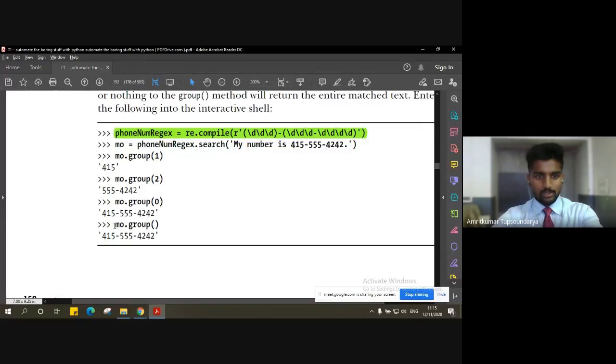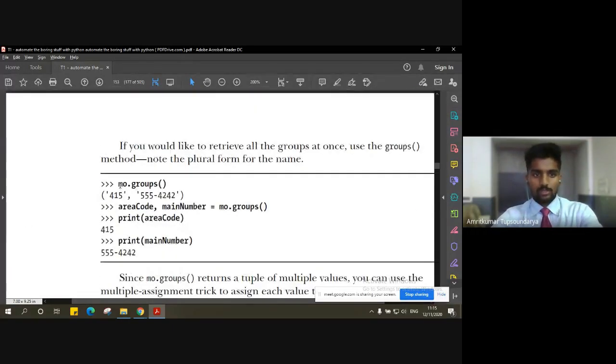So as you can see here, the instruction here, that is mo.group, will give you the complete regular expression, right? So this complete phone number is printed. But in case you want to view all the groups, which is in this case only two groups, for example, let's say we have three or four groups, and you want to view those groups separately, then instead of mo.group, you can say mo.groups, right? So yeah, like here, mo.groups. So it will in turn result in the separate groups that we have. Since we have only two groups here, you can see there will be two groups, right?